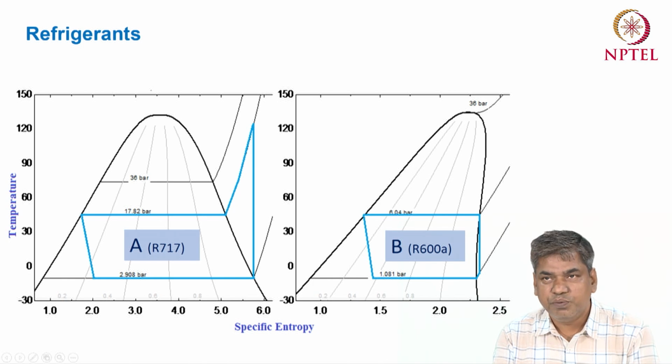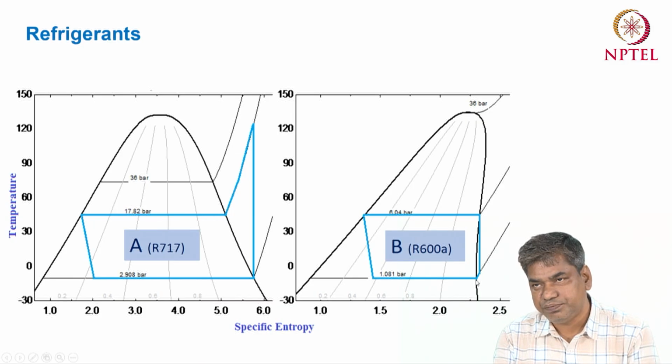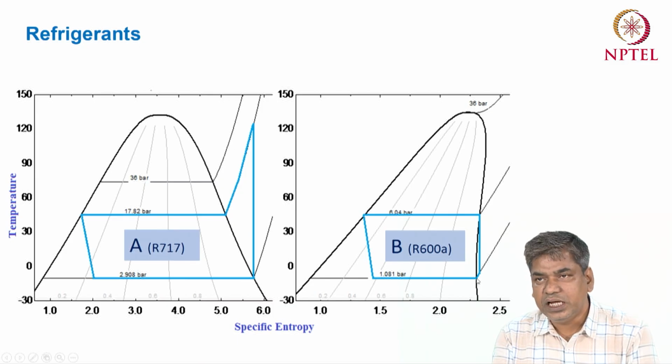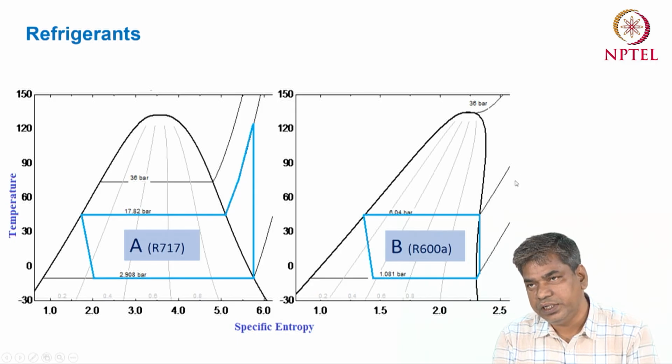superheated vapor. But in case of dry fluid like isobutane, you will see that if you take the inlet condition as a saturated vapor, then after the compression, the outlet condition will be in a two-phase zone. Okay, so that's why if you want the outlet condition of the compressor to be either saturated vapor or superheated vapor, then the inlet condition of the compressor should be in the superheated zone.